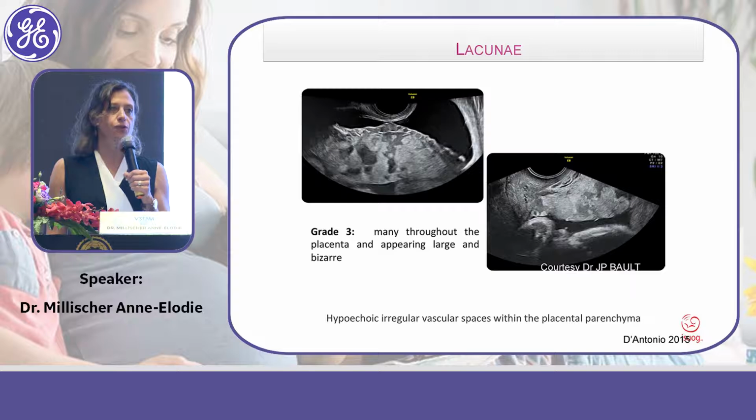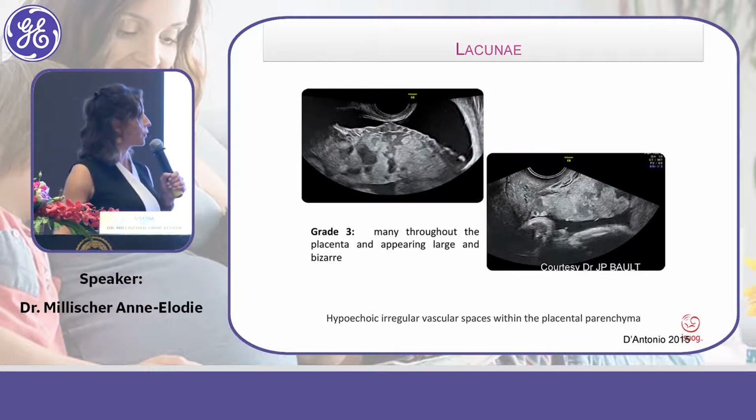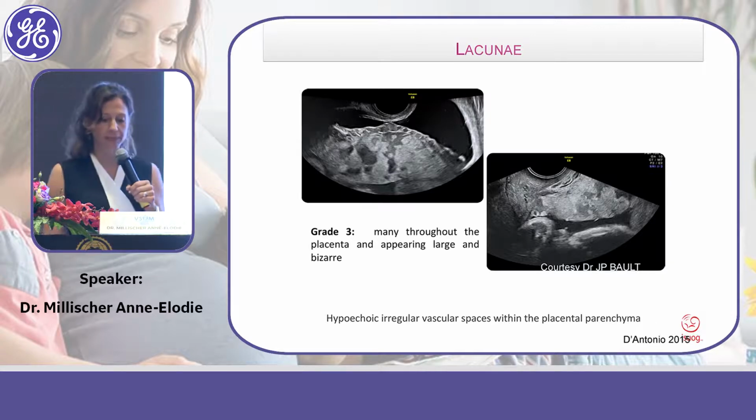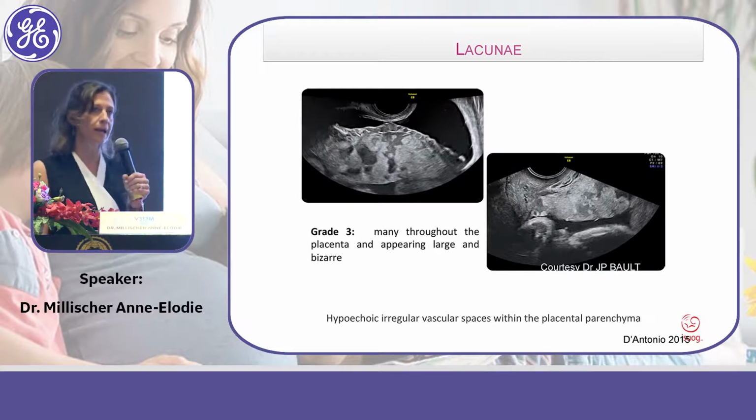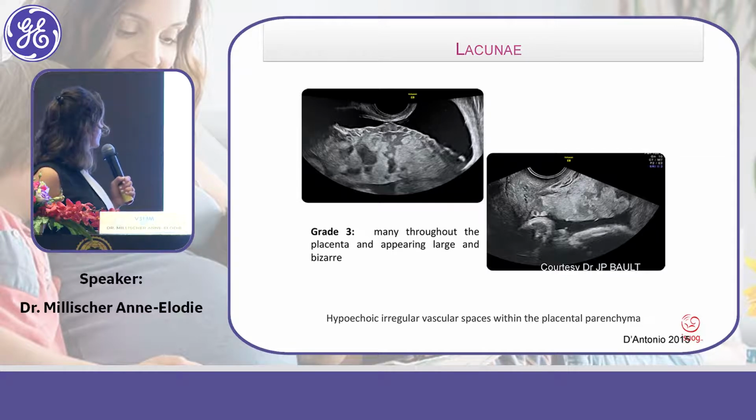The first important point, and it is take-home message, the first take-home message is to be able to recognize an abnormal lacunae like this. Cái đặc điểm đầu tiên mà các bạn nên take home message đó là cái lacunae, là cái xoang mạch máu ở trong nhau. It is a grade 3 lacunae, which is described as bizarre. Những cái xoang mạch máu này á, là cô dùng cái từ bizarre để mô tả, tức là giống như cái mạch máu này nó có một hình dạng kỳ quặc, kỳ lạ.